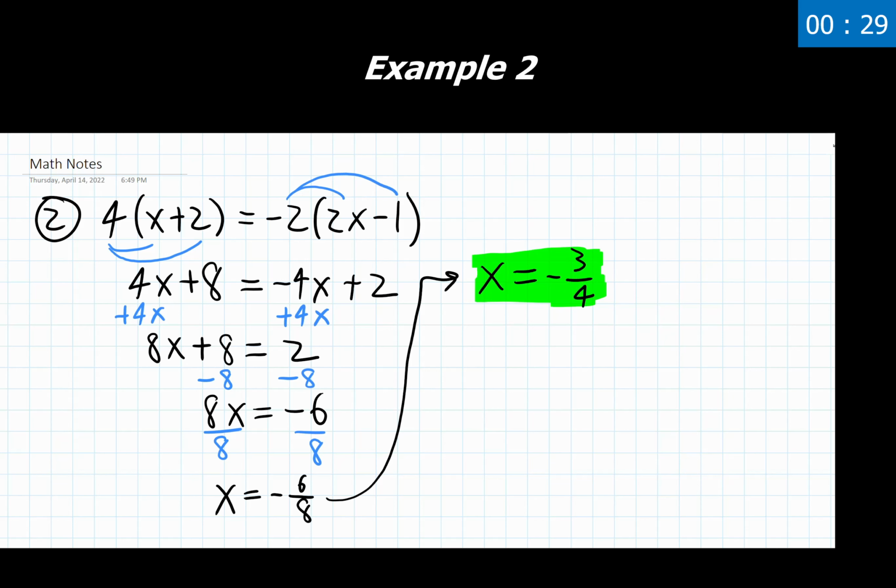So based on that and based on our 3 criteria, these two things are not identical. I don't get a really weird thing showing up with contradiction equations. I have a conditional equation.